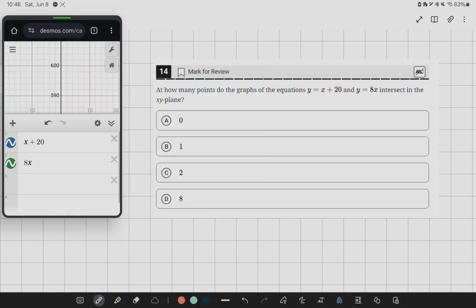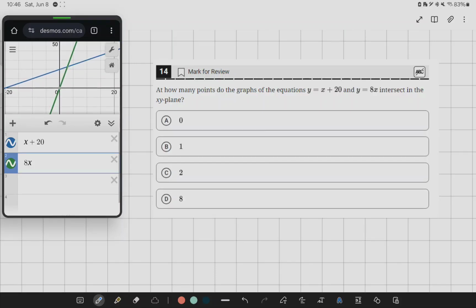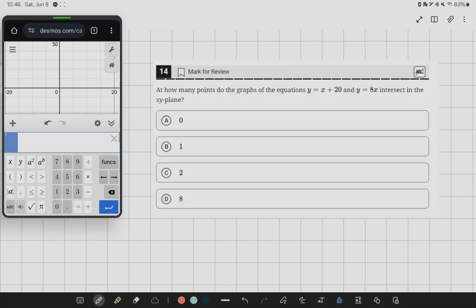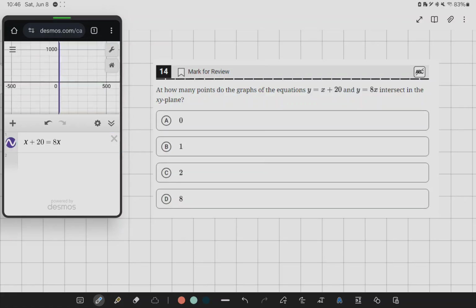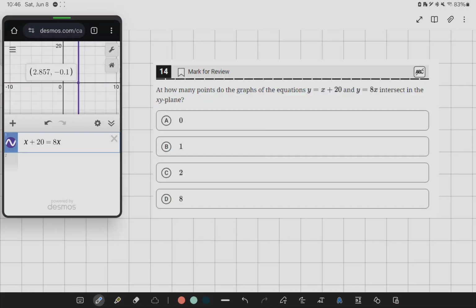Now if we reset back to the original here, we can see that there is one intersection between the two points. Another way to do this, to make it even clearer, is by setting them equal to each other. So x plus 20 is equal to 8x, and we can zoom all the way out and see that there's only one, and that would be at this point here,